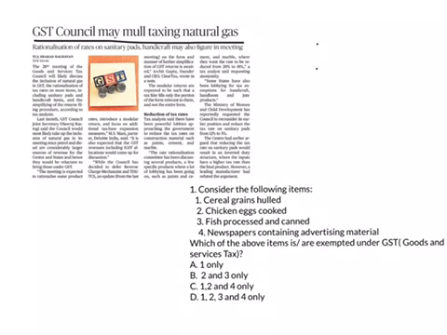In this GST you have slabs, that is, certain items are taxed at one rate and certain other items are taxed at other rates. Suppose there are some items like natural gas. Up to now you have four different slabs, that is 5%, 12%, 18% and 28%. Now you got basic understanding about the GST. It's a comprehensive indirect tax and it is having four slabs. If you consider 0 as a particular slab, then it is having 5 slabs. 0, 5, 12, 18 and 28. Now this is the basic concept.